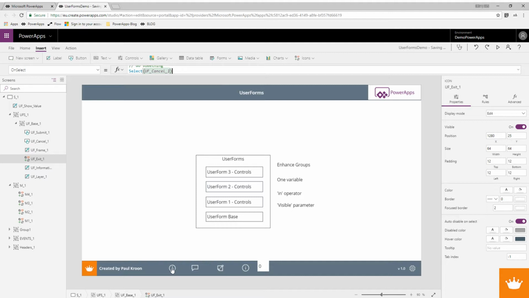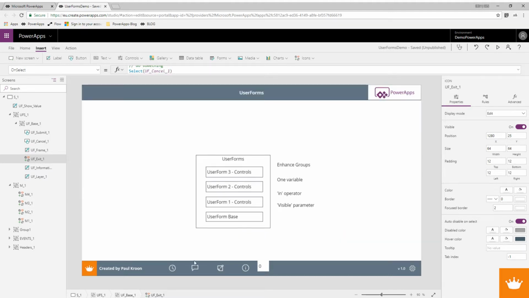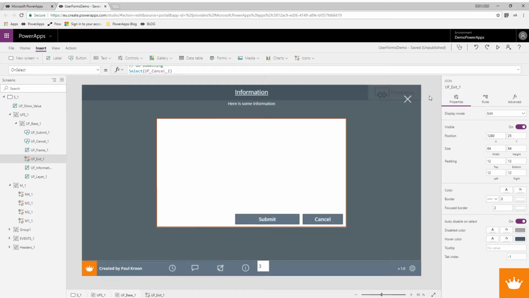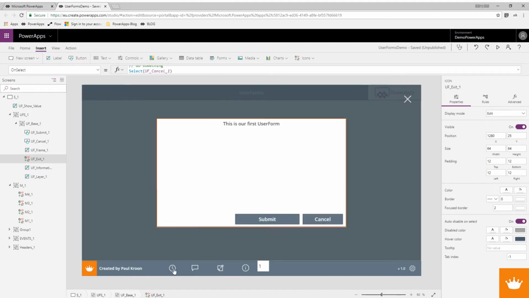So let's look if this works. When we go in and we submit, it's gonna close. When we go in a second time and say cancel, it closes. If we go in the third time and we do the exit, it closes also. So this still works now, but our form isn't ready, because let's say when we click a button, we have